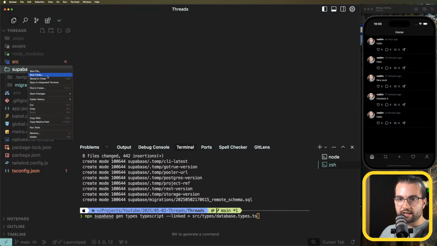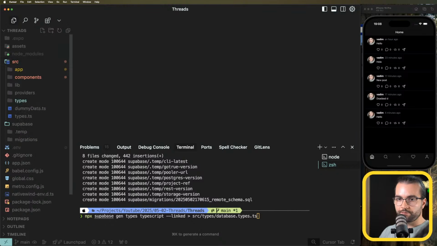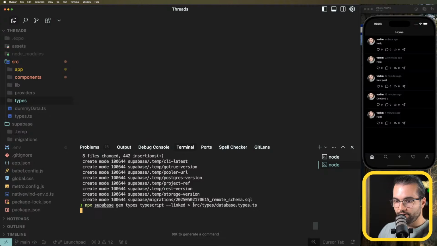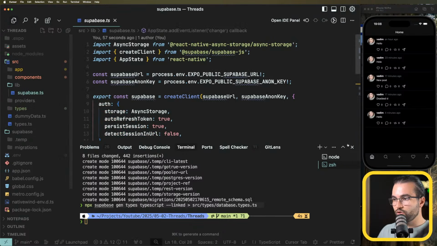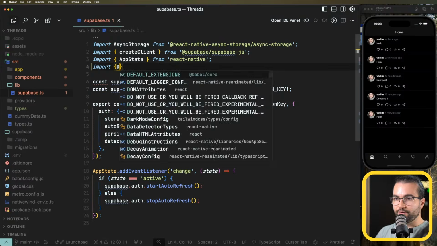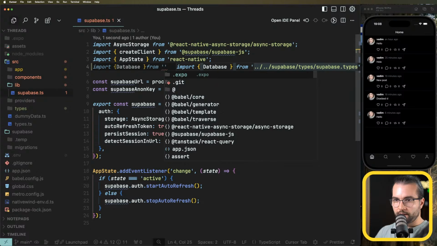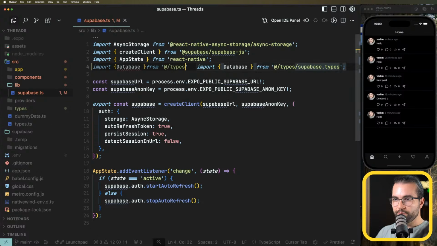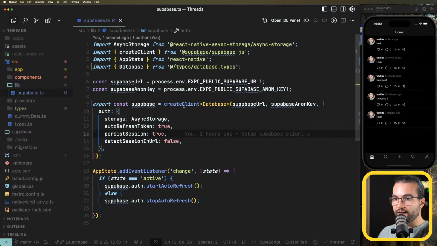ts. We need in the source a new folder called types, and this command is going to dump the database types here. Now in the lib, in the Supabase here, what we can do is import, I think it's Database, from types/database types. And this Database, we can type the create client, and this way our Supabase is going